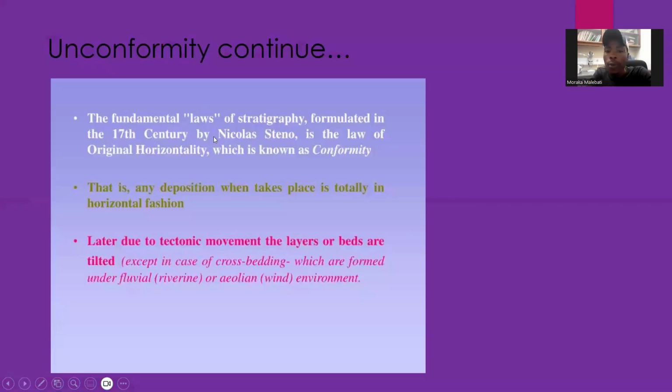So we know, according to Nicholas Steno, who came up with the principles of stratigraphy, that if the layers are conforming, it means they're agreeing with each other. According to the original horizontality, the layers were deposited horizontally in all directions. Then these layers chronologically follow each other, wherein the layers at the bottom will be older than the layers at the top, provided these layers are not affected